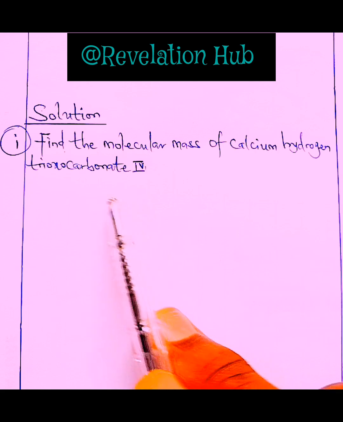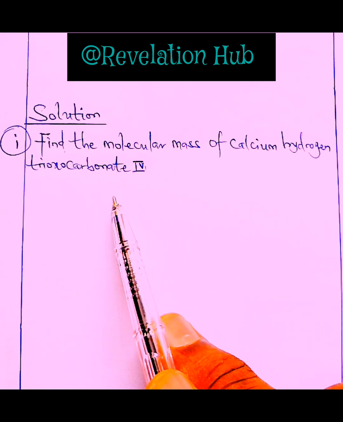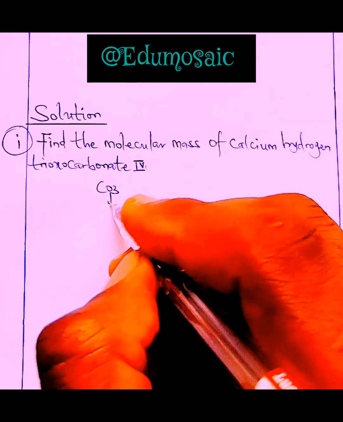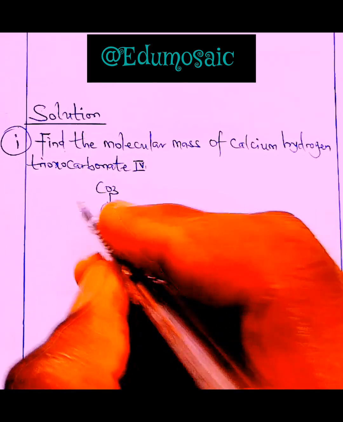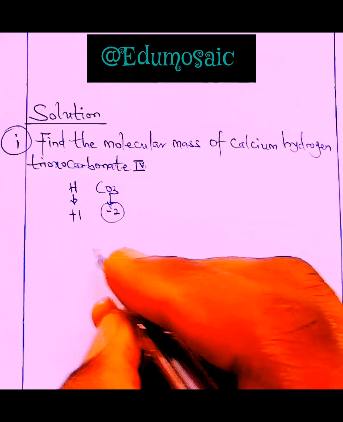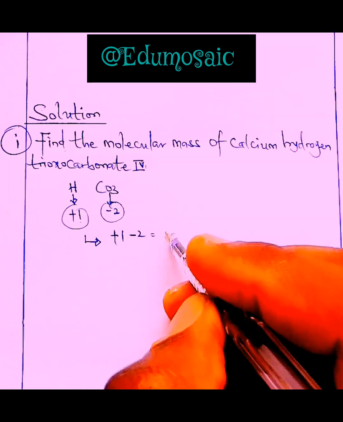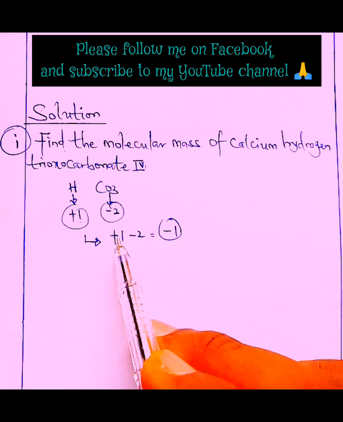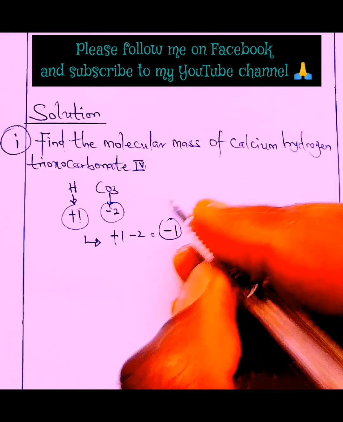It's very, very simple. Trioxocarbonate IV itself is CO3 with a valency of 2. Then hydrogen coming in, the CO3 here has an oxidation number of -2, we all know that. Then hydrogen has an oxidation number of +1. So by the time we combine them together, what do we have? +1 -2 will give us -1. So by the time we add calcium to it, calcium hydrogen trioxocarbonate IV, that calcium itself